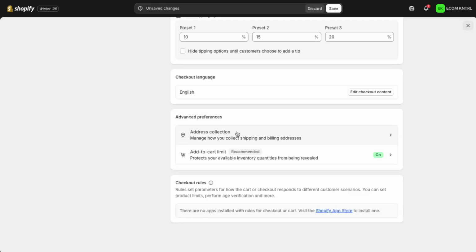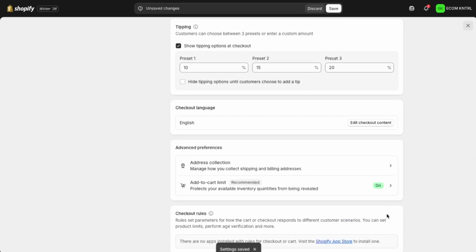Just below that, you'll find the Add to Cart Limit option. Here you can decide whether to enable limits that help protect your available inventory quantities from being revealed, which Shopify recommends. Once you're done reviewing and adjusting all of these settings, your Shopify checkout will be